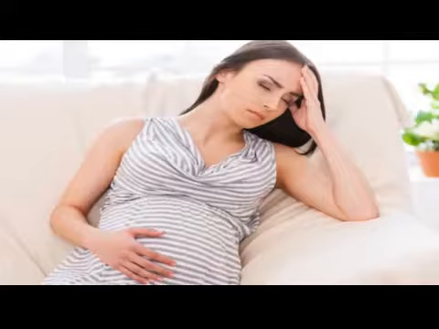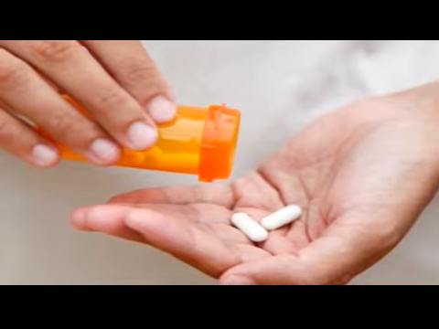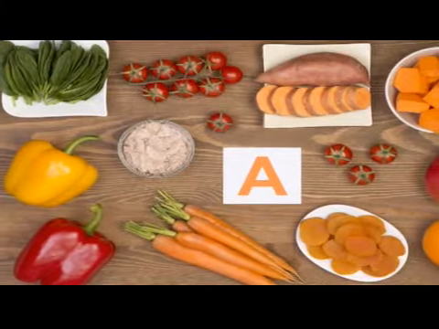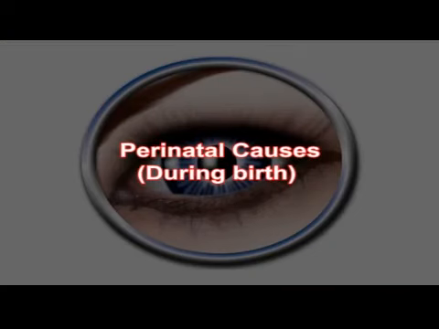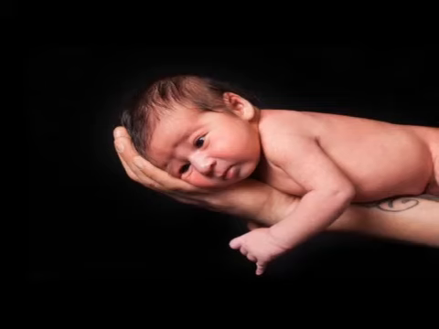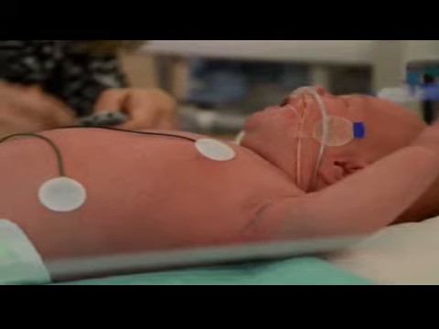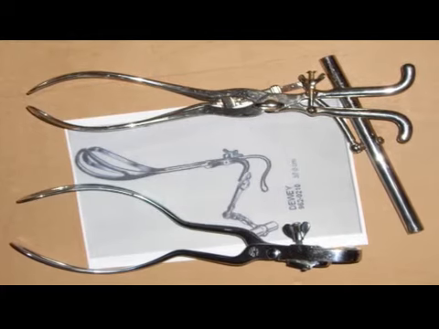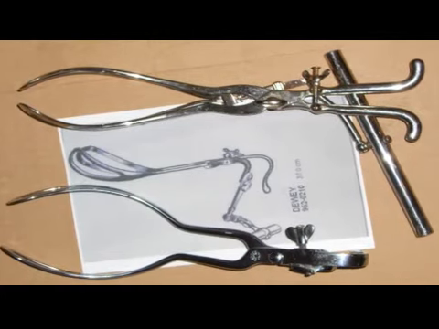of pregnancy, poor health of the pregnant mother, intake of antibiotics or any other drugs by the mother which are not prescribed by a doctor, exposure to X-rays during pregnancy, malnutrition, particularly vitamin A deficiency. Perinatal causes during birth: premature delivery, low birth weight of the baby, birth weight less than 2.5 kilos, lack of oxygen to the infant during delivery, delivery using instruments such as forceps wrongly may cause damage to parts of the brain responsible for seeing.